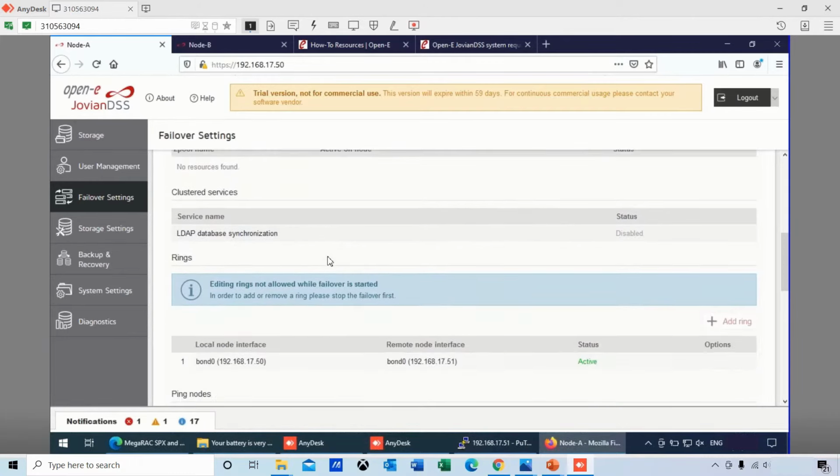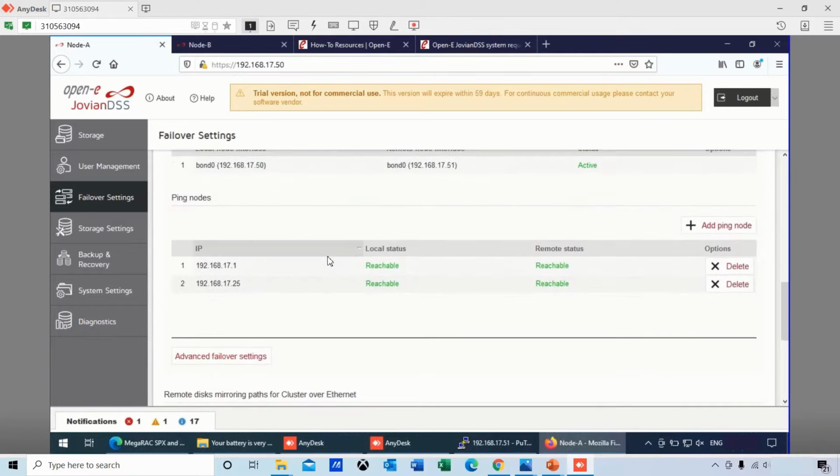At this point, you want to set up what's called your ping nodes. Ping nodes are part of the pseudo cluster. So what is a good ping node? Well, something that has 99.99% uptime. Something that's going to have a UPS or a generator, something that I know is going to be up if there's a power outage.